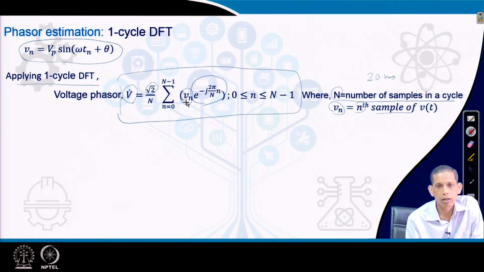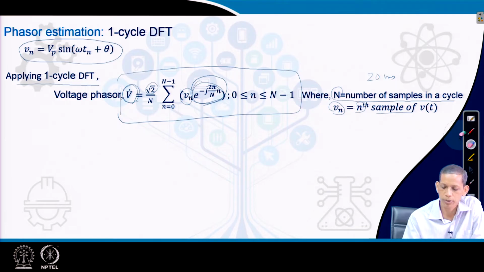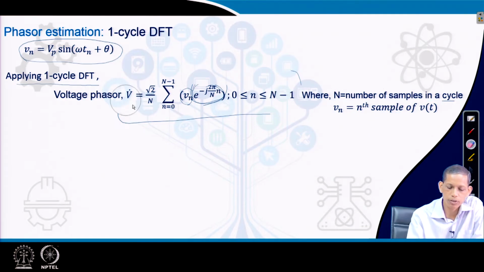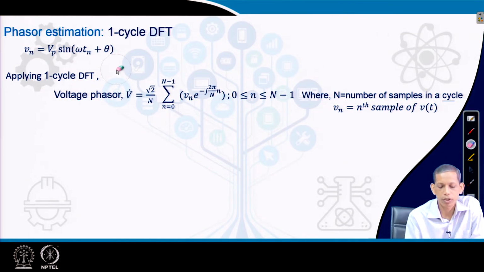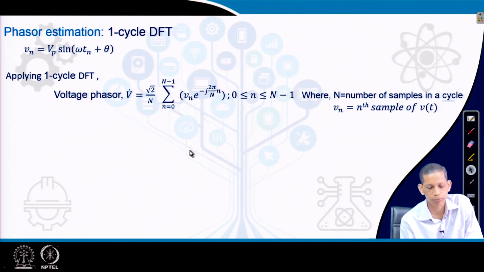Once a fresh sample is obtained by the A to D conversion process, the relay gets it and uses the set of N sample values available, multiplies each value with its corresponding Fourier coefficient, and finds the corresponding phasor. Since this is a complex number, V dot comes out as a complex number. So, from this relation, to each sample value the corresponding Fourier weight is multiplied, and then the relay computes the phasor value.